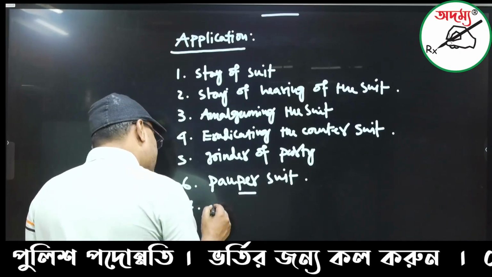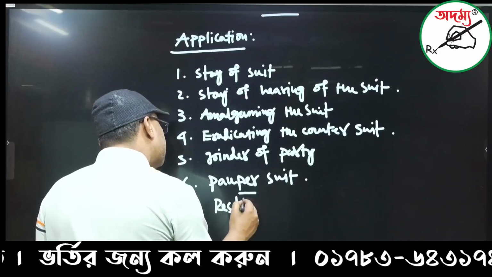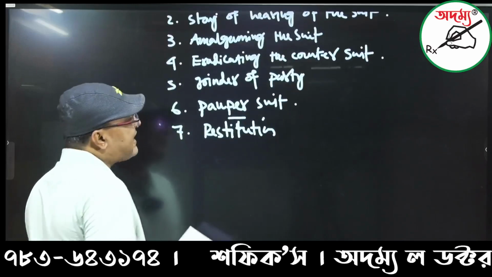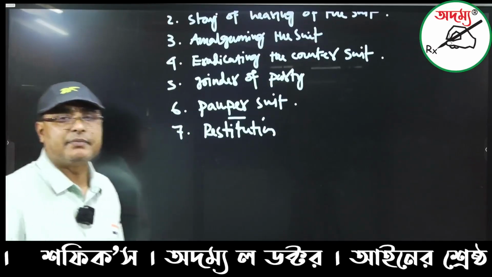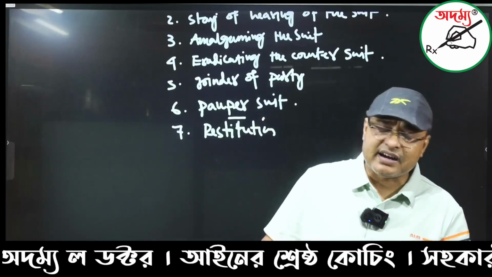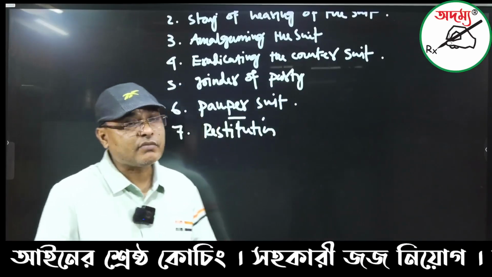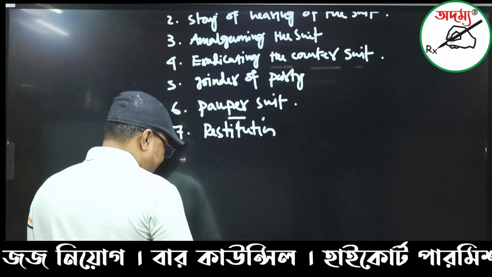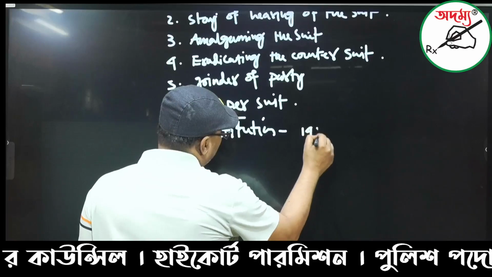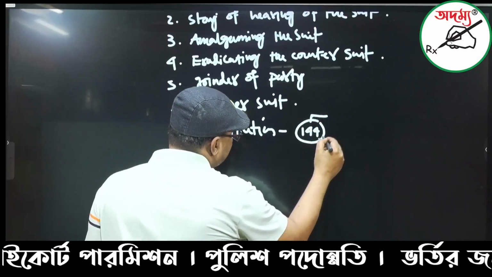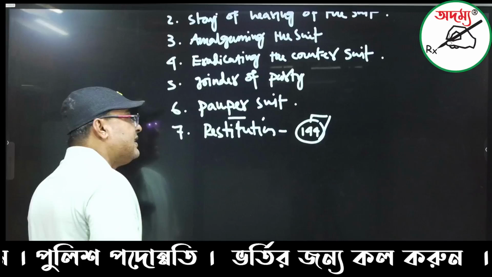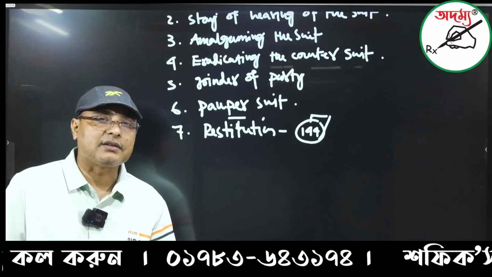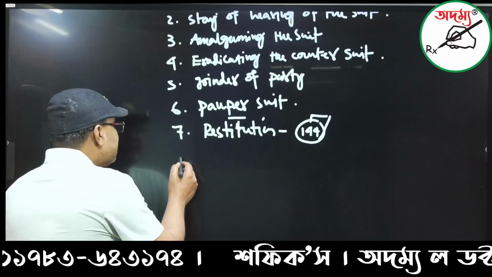And not only that, this is the restitution. You all know this is the restitution. So what exactly is the restitution? Under section 144, but there is an applicability without the existence of restitution within 3 years from the side of the limitation act. This is the limitation period of restitution under section 144. Without the existence of this section, there is the applicability of restitution by applying section 151. So this is an important issue.